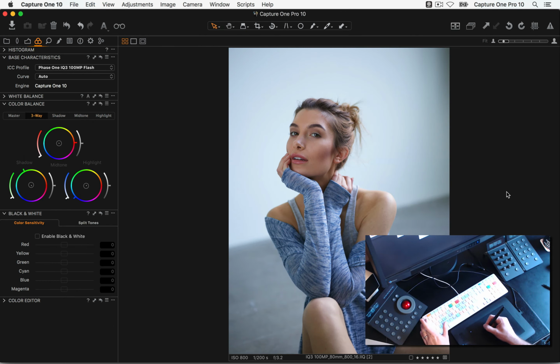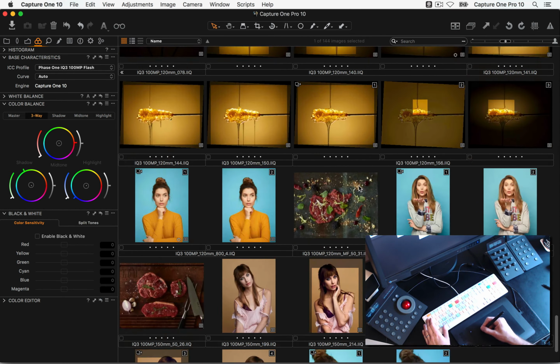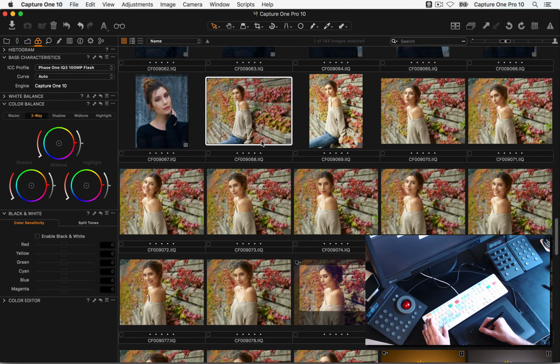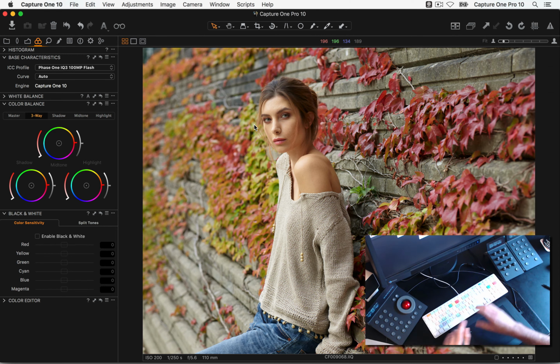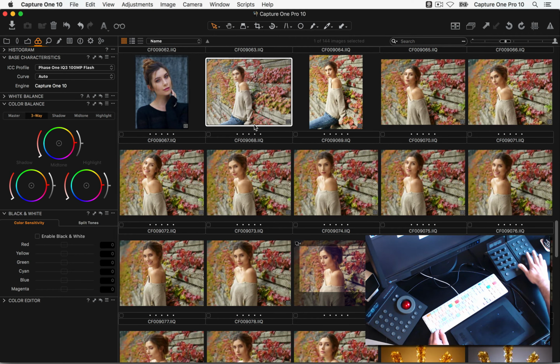So back in Capture One, if we had a series of images, let's just go up here, for example. So let's open up Alex. Let's just adjust. Let's take saturation down a bit. Drop contrast down, saturation a bit more, and so on. And then if we wanted to copy and apply that, that would be really simple. Let's just hide my viewer for a second. I could say copy adjustments with the new button that I just made. So it's this one here, copy adjustments, and then